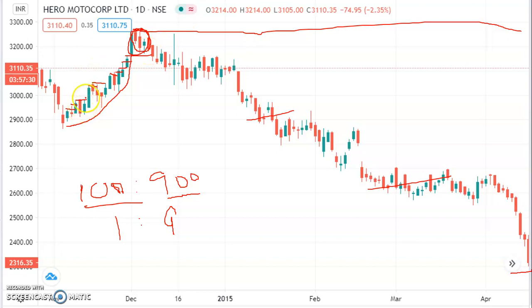Same as the previous example, the higher highs were formed in a month, and then see the reversal pattern. The stock was in a downtrend for more than 5-6 months. Okay, if you are a starter or trying to begin your trading, then this kind of strategy you should start with. You can start with even one or two stocks and then get experience of the advantage of these kinds of strategies and then